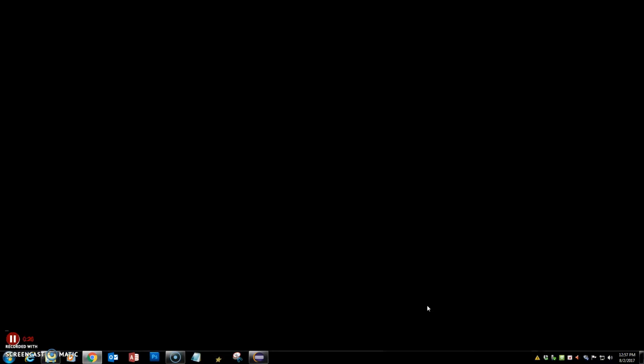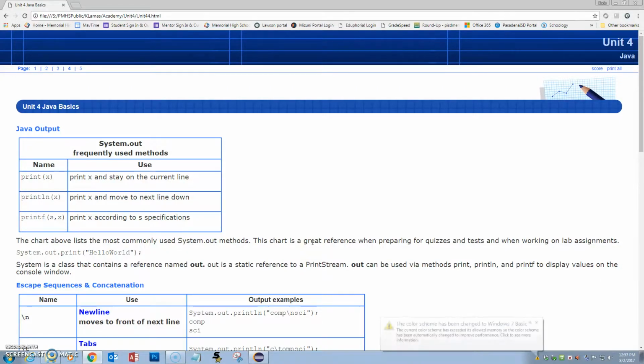So if you do several prints together, then everything gets on the same line. If you use a println, then the println will allow you to move to the next line down when you use that. And then there is printf, which will print x according to specifics. If you look at how it says printf, and for the most part you will use print